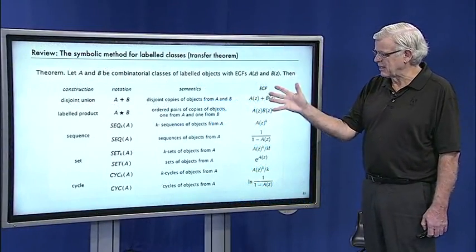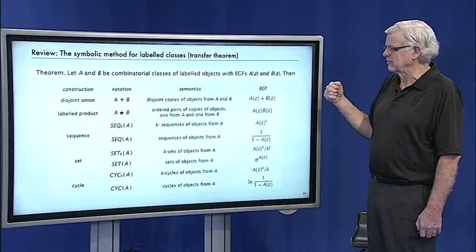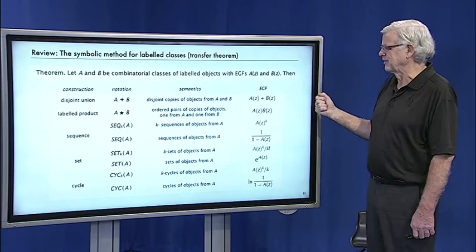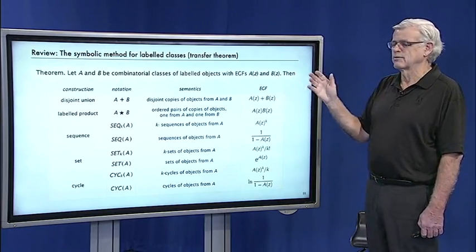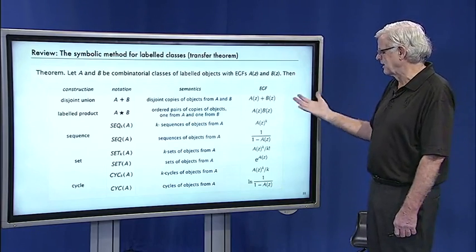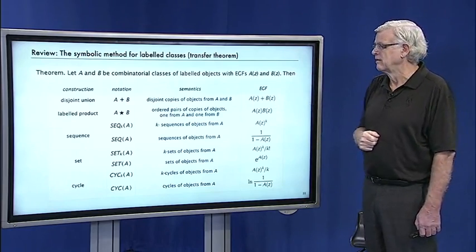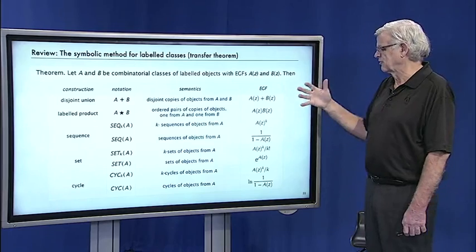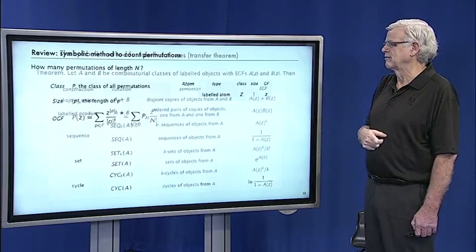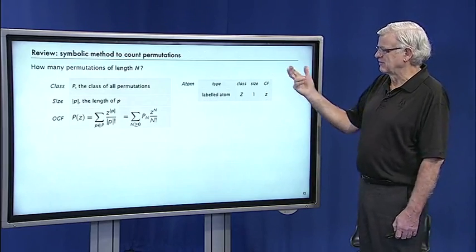And the symbolic method is a set of transfer theorems, or a transfer theorem that defines a correspondence between a construction and operation on a generating function. So when we build constructions, we get generating functions. So for example,